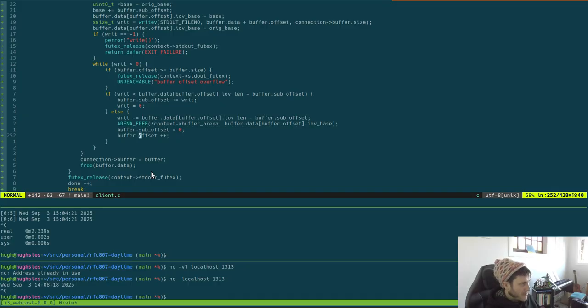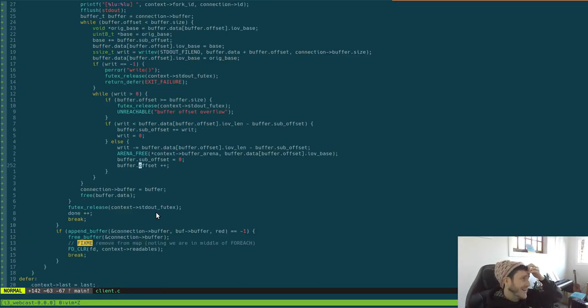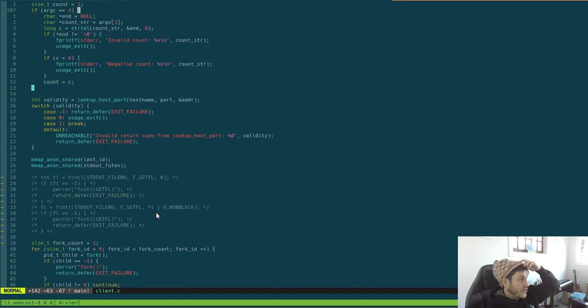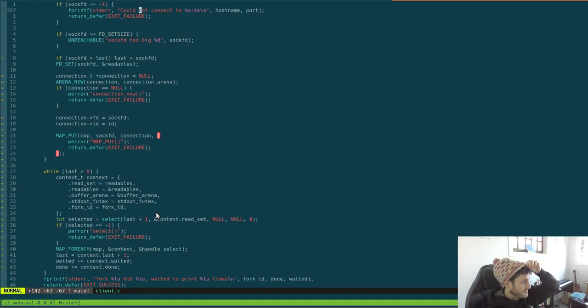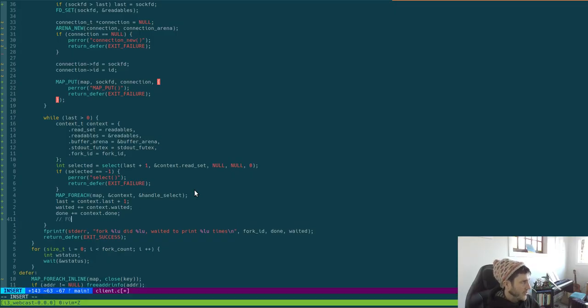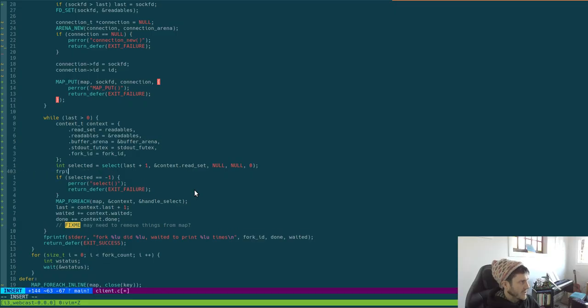Problem is, it's kind of blocking, and it's also not working, and I just like it when things aren't working. Things should just work first time. So I think here, fix me may need to remove things from map. We will. All the ones that are done need redoing. So I think here I want to bring back in these